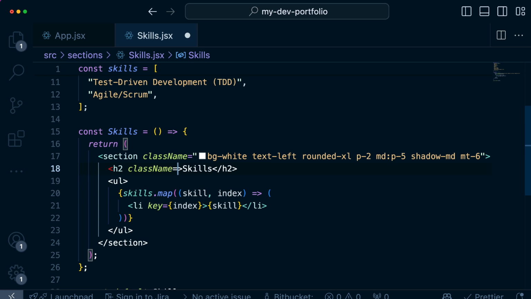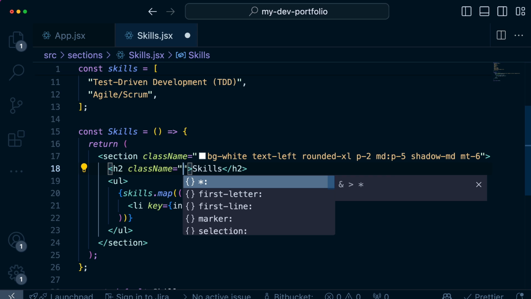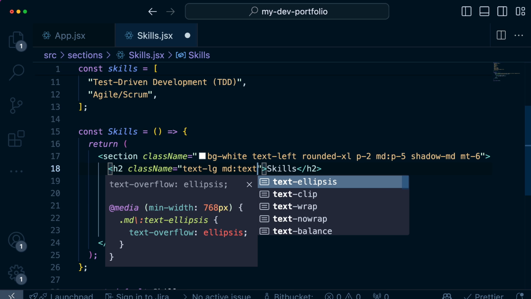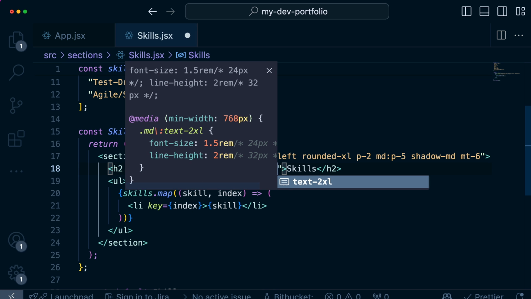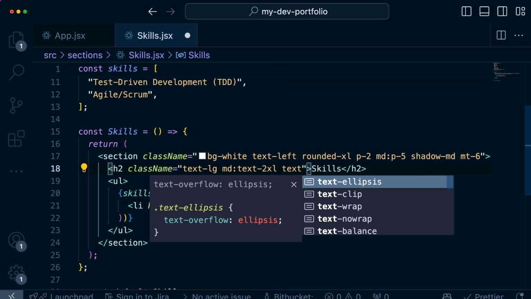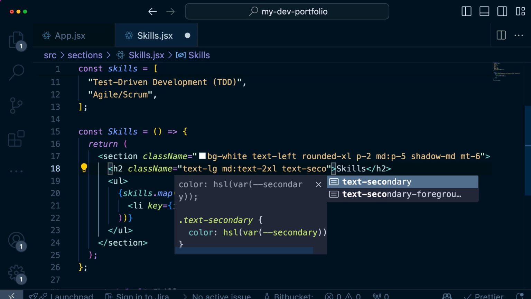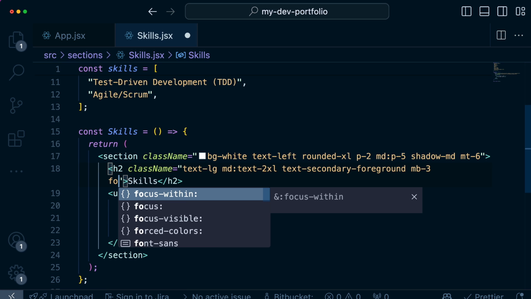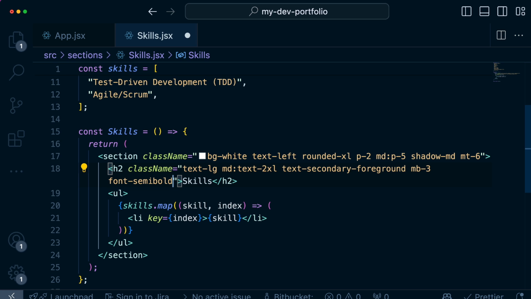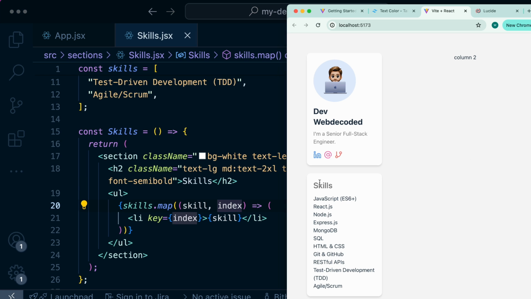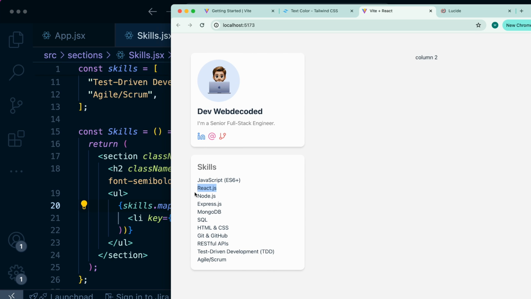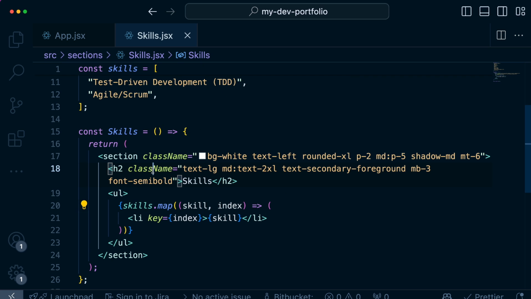Now updating the header for this section. Text large. Let's set the text color to secondary foreground, margin bottom 3, and font this time I'll put semi-bold. For the skills, I think we can have multiple of those words on the same line, and for that let's do some